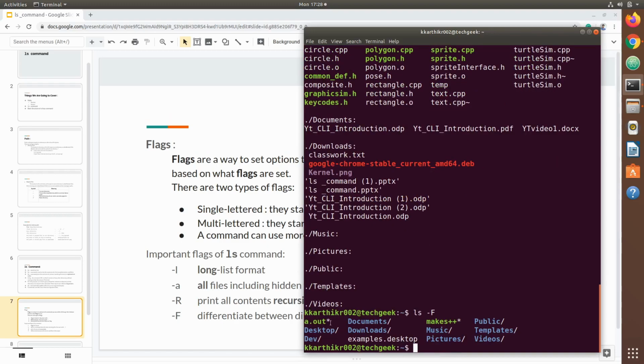If you see here, directories are ended with a forward slash. Those files which are executable are ended with a star. Those files which are not executable are simply blank. This is what the capital F flag does.